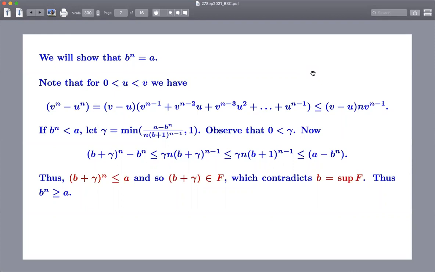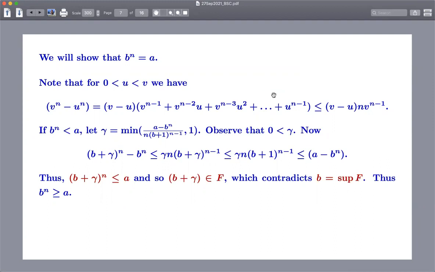Exactly. Like Shivam, I think the point was, for any set, if it has a least upper bound, then if we take any other element which is less than the least upper bound, we will have an element of that set which is in between those two numbers. No, you see, that set is the problem. Capital F, you should say which set you are talking about. No, why will it be in capital F? It will be a real number, but how do you show that it is in the capital F?